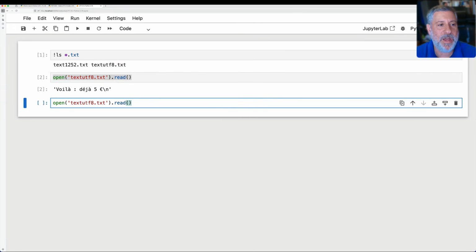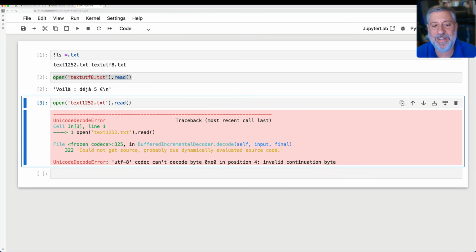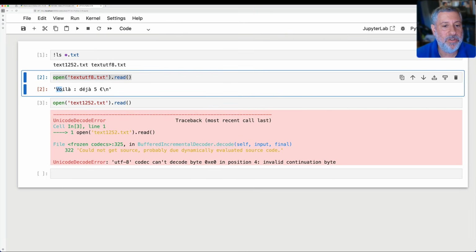Well, let's try that. I'm going to read now not text UTF-8. I'm going to read in text 1252. And I read it in, and it blows up on me. It gives me an exception, UnicodeDecodeError, meaning, hey, I was trying to take these characters and turn them into a Python string, but it's not following the rules of UTF-8. There are very strict rules for what each byte can contain, and this is not it. And you can even see here, it can't decode byte 0xe0 in position 4, invalid continuation byte. And indeed, if we look here, 0, 1, 2, 3, 4, right? This is the character that's indeed giving it trouble. It's that A with the accent mark on it.